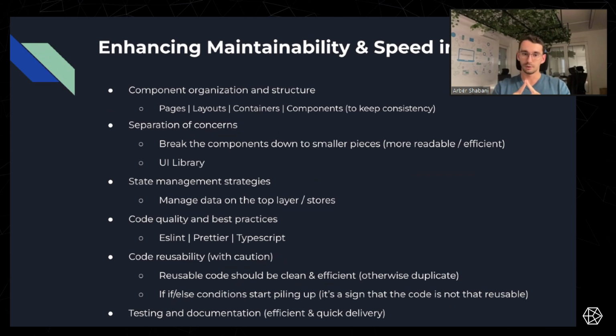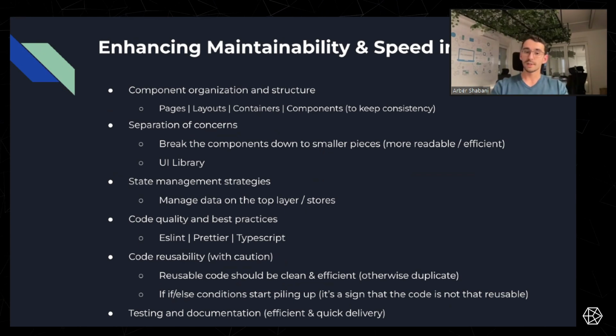In order to not have that issue, just manage the data on the top layer, and then further down the chain, just pass the data. So it's easy to just show it in the UI with however you want to manage it. It makes more sense because you don't have to change it up and down, it's just in one place and it's simple to use and access. And of course, there are stores, for example, Redux, the context, etc., that you can use to manage the data that way. Just try to keep it separate from the UI components, because it just increases the complexity.